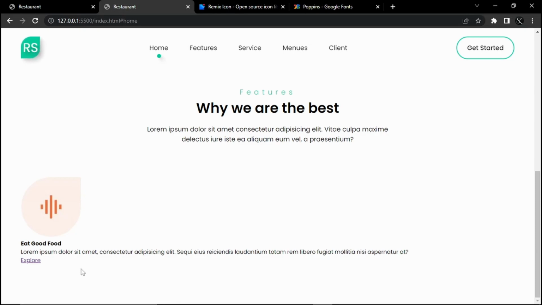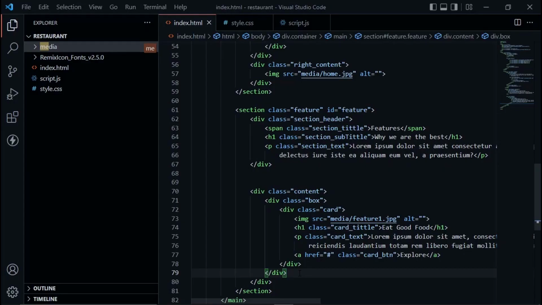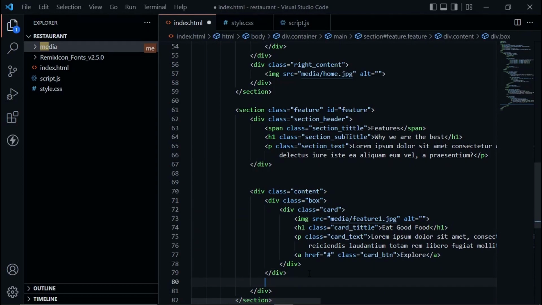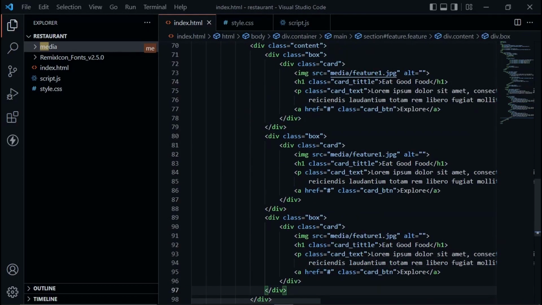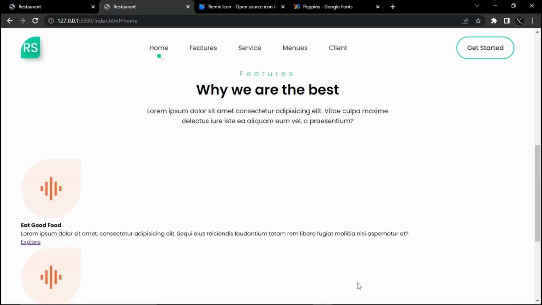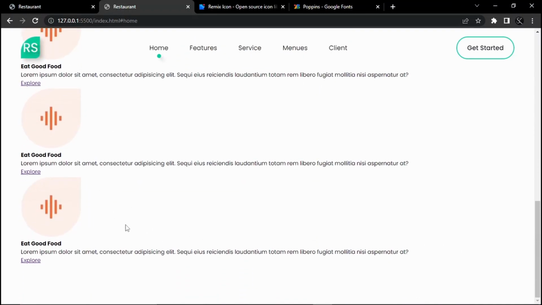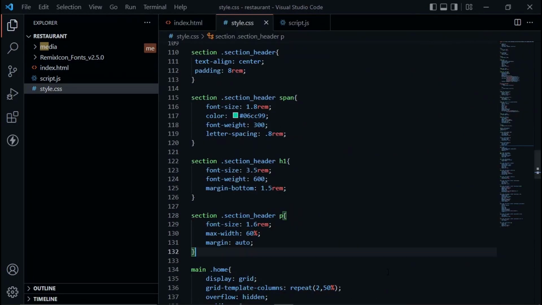So now we will add 2 more cards and style these cards. Okay, so now here we will add 2 more cards, and copy these contents, and we will paste them here 2 times. And after saving this you can see how this looks. So now we will style these cards. Okay, so let's come to the style.css file,